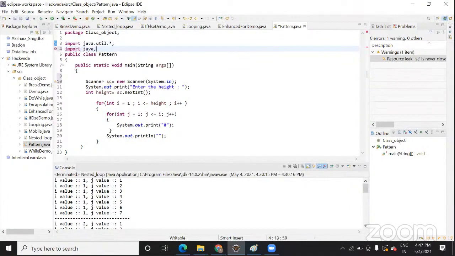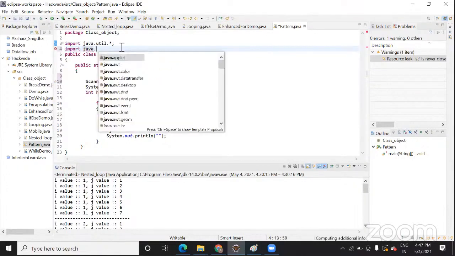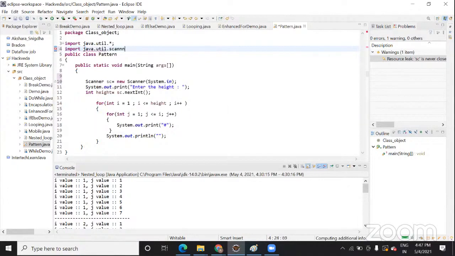For beginner purposes, sir might have told you that you can use both. I am explaining so that in case you want to use anything else, then you can use it.